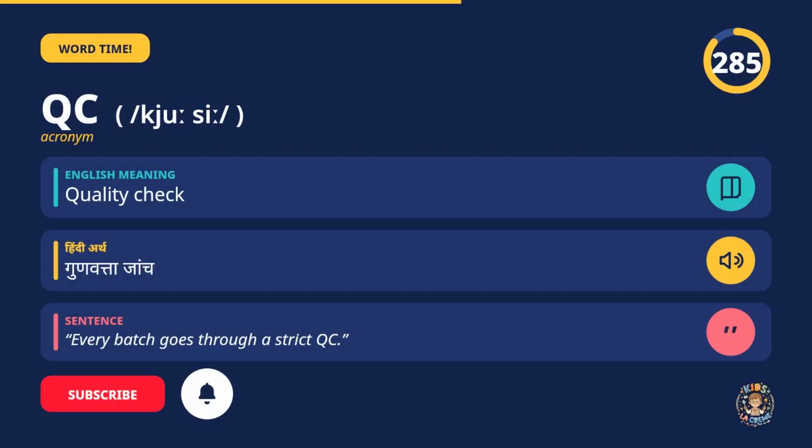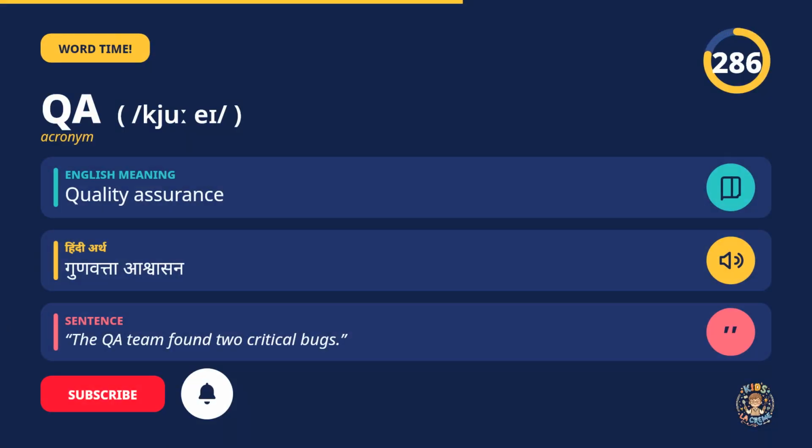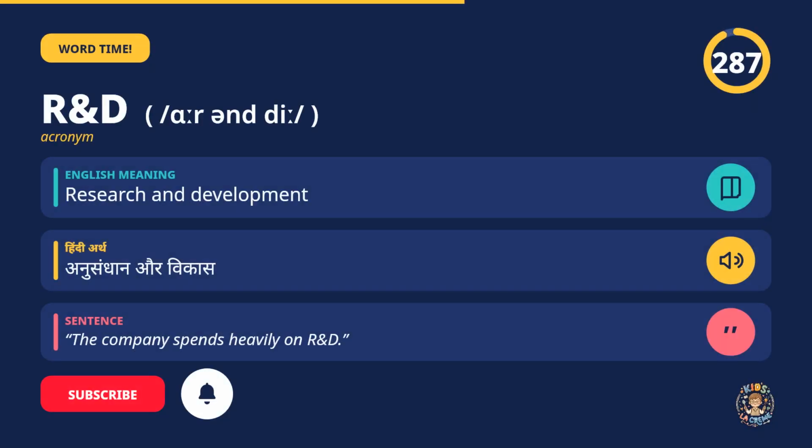QC, quality check. Every batch goes through a strict QC. QA, quality assurance. The QA team found 2 critical bugs. R&D, research and development. The company spends heavily on R&D.